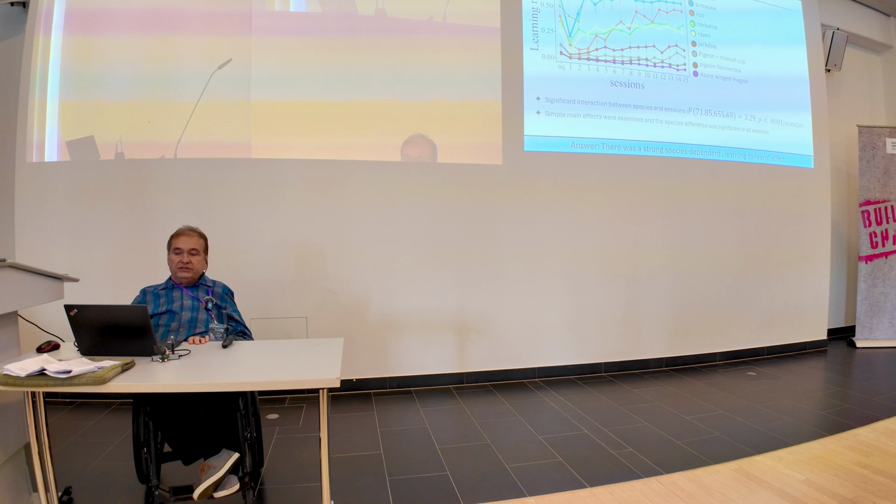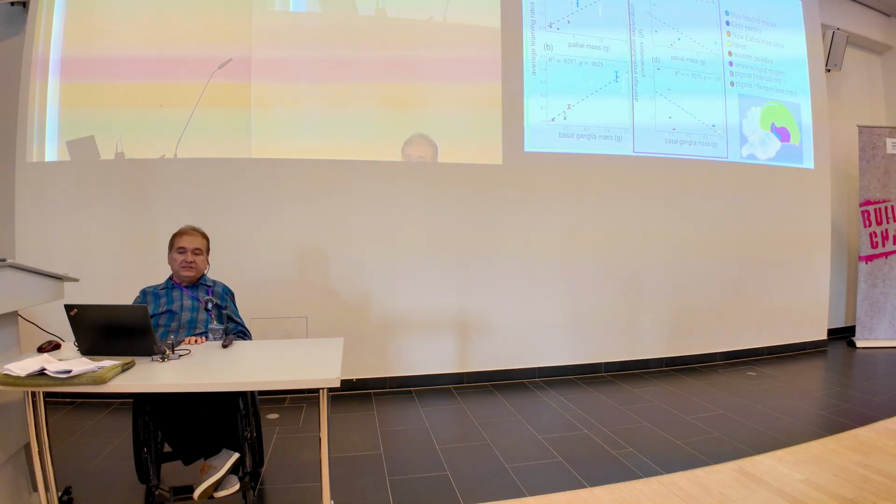Now the interesting thing is the learning to learn effect. Do the animals understand that there is a deeper structure in the task? That's very interesting, because then we could show very strong species differences. And you can see, the higher alpha is now on the ordinate, the higher the learning to learn effect. We have a very interesting stratification between the animals that we can clear of beta. So beta is not now intervening in the degree of alpha. And what is the correlate of the learning rate of the animal? Well, it's the pallial mass, and correlated with that, pallial neuron numbers.